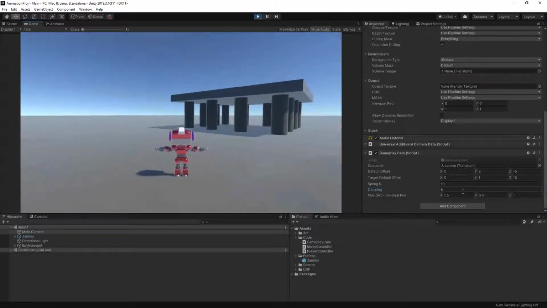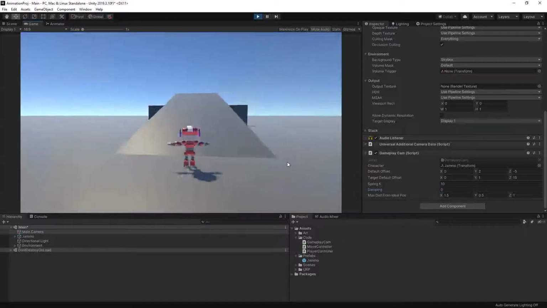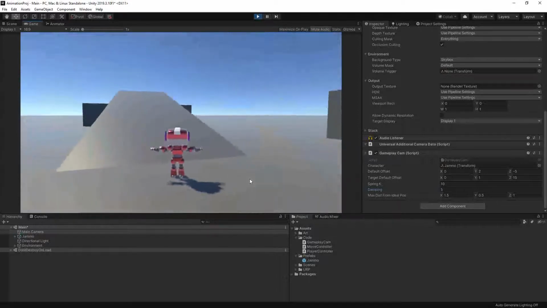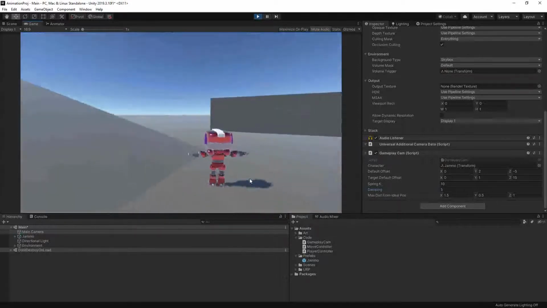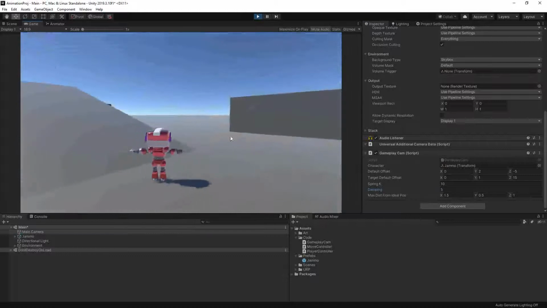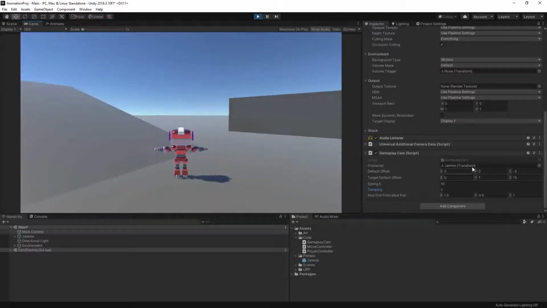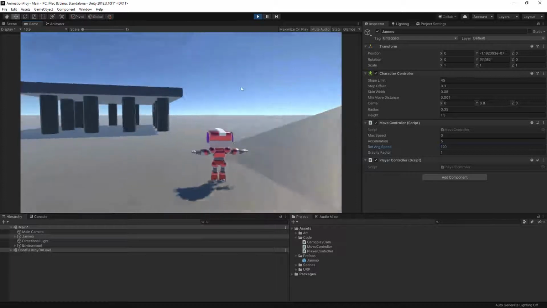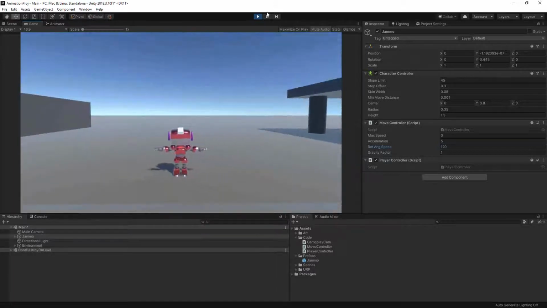Oh, oops. Oh, that's because it's got 0. Maybe also because it moves very quickly. Maybe if the character had a lower movement speed, but it still goes. It's not very